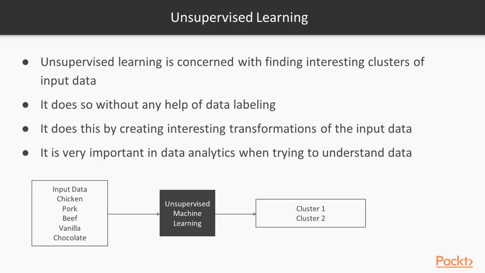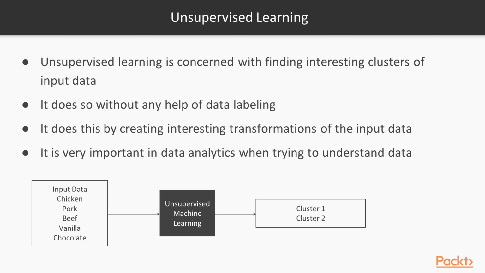What unsupervised learning is concerned with is finding interesting clusters, or things that belong together, in input data. In this case, we don't have labeled data. We are just giving an algorithm a bunch of data and telling it, figure out what belongs together. For this example, you can think of these 5 inputs here. We have chocolate, vanilla, beef, pork, and chicken. And we send this data to an unsupervised machine learning algorithm. Consider something like k-means,